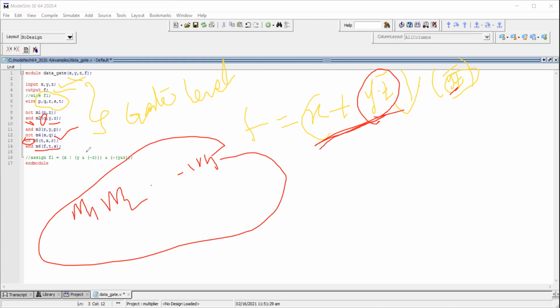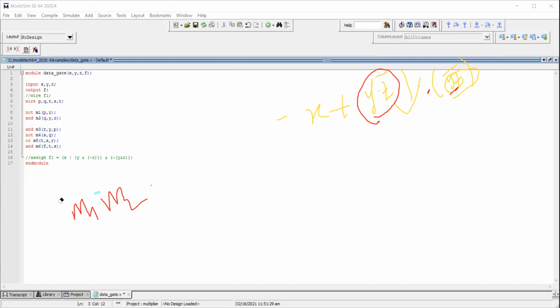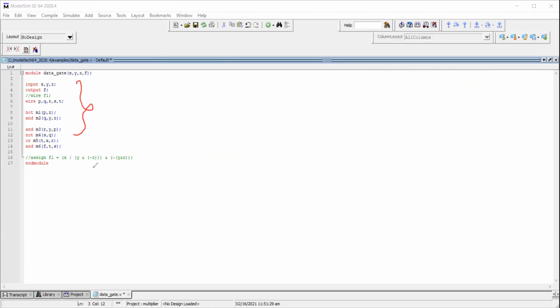The next one is AND, and totally we are ANDing together these two outputs, m6 of f comma t comma s. So this is the gate level model up to here.